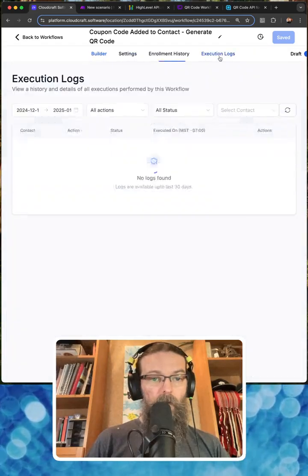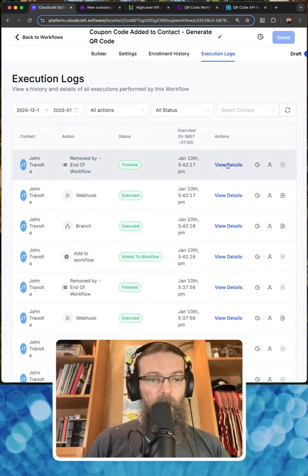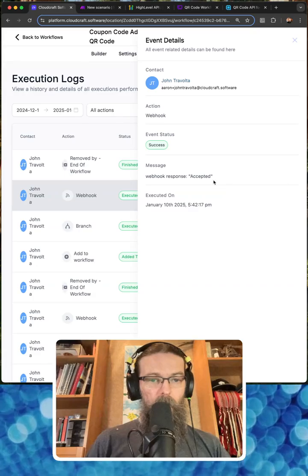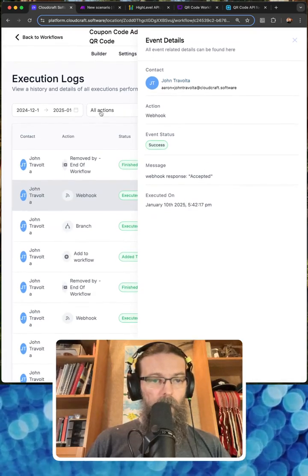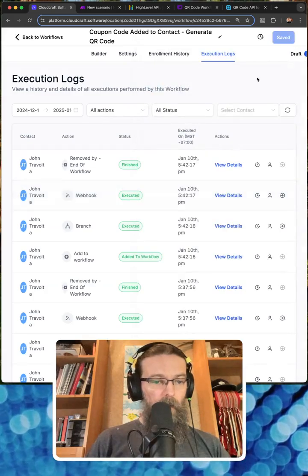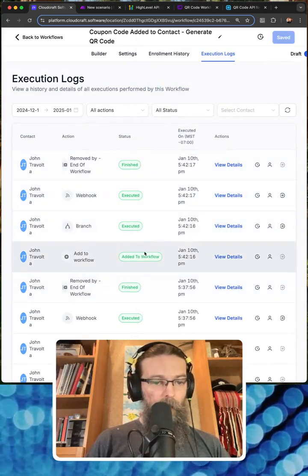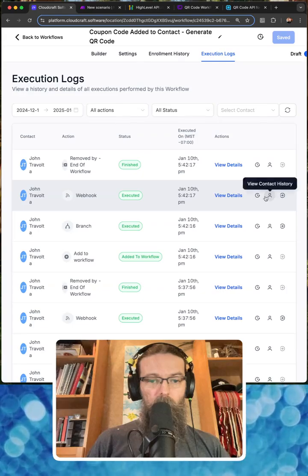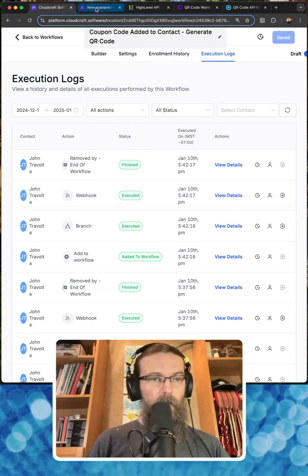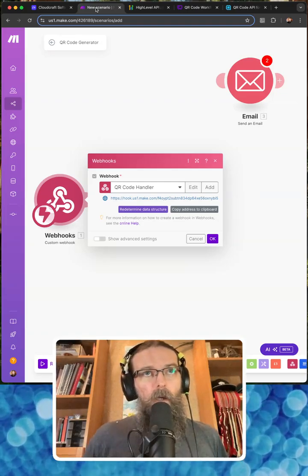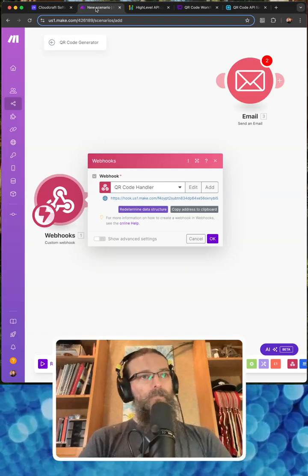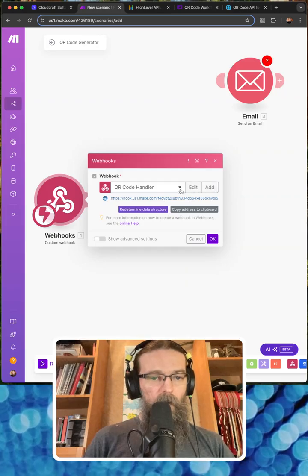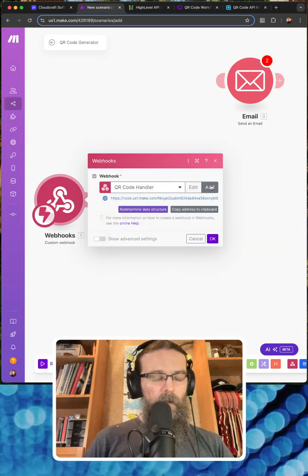Let's go look at our execution logs. And John Travolta was enrolled. Webhook was executed. It's not going to give me a branch. Add workflow, the branch, the webhook was executed. I don't know if there's actual logs of the webhook details. Let me think about this. I'm missing a piece of some kind here. I think what we might want to do,